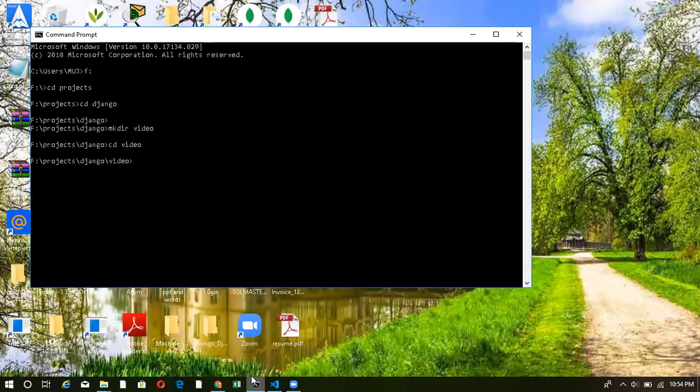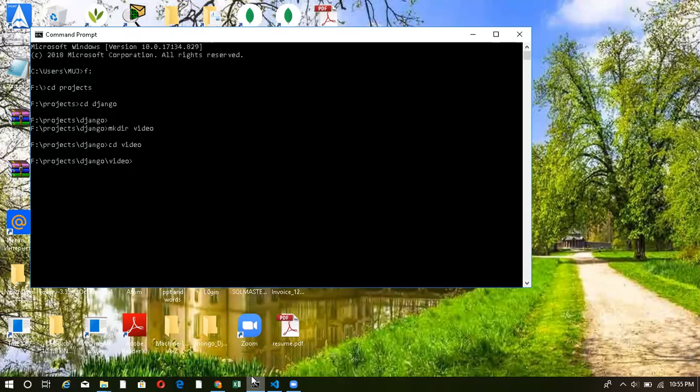So let's make our directory. So I've made my directory. Now one thing that I want to make you aware of is that when you're working with Django, you always have to work in a virtual environment. When you're creating your Django project, you always have to make that project inside a virtual environment. If you don't have virtual environment installed on your system, you can Google it, and it's simple to install.